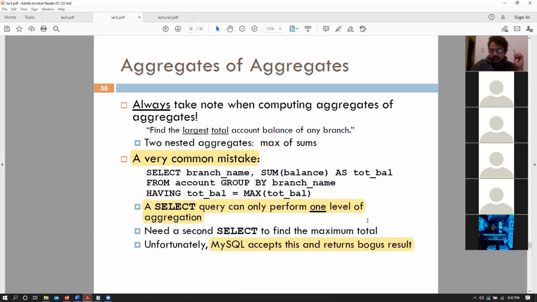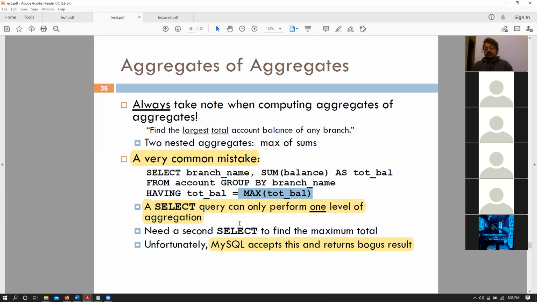A very common mistake for the same question is to write select branch name, sum balance from account group by branch name where, or having, total balance equals max total balance. We cannot say that, as it would result in an error because total balance is not yet computed, so your result won't be correct. A select query can only perform one level of aggregation.